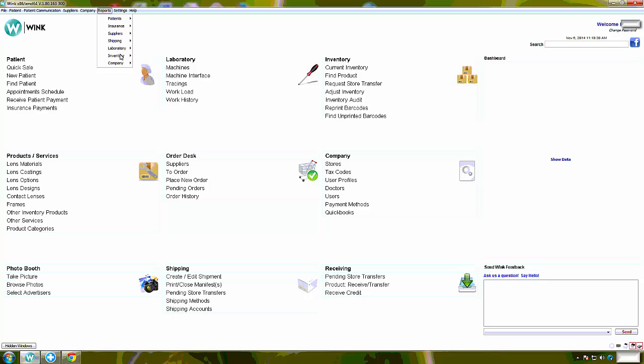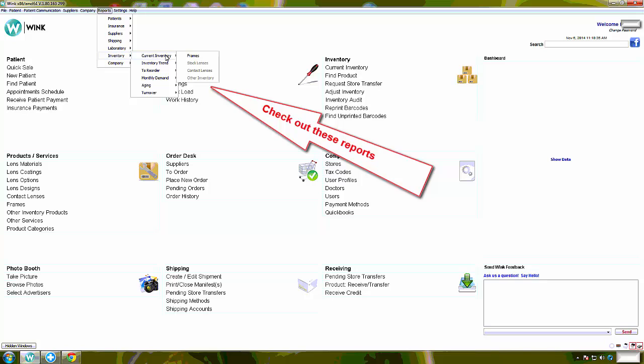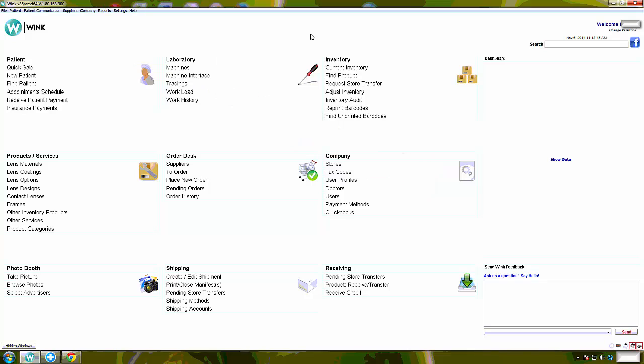We have reports, okay? We have inventory reports that we can show you. Like, for example, the last thing I want you to show me before you do all that stuff, because you'll lose me and I'll forget everything, is just how to scan in, how to receive the new product. Okay. So the last thing that we're going to show you is how to receive new products from your new